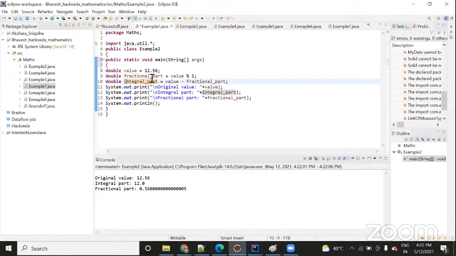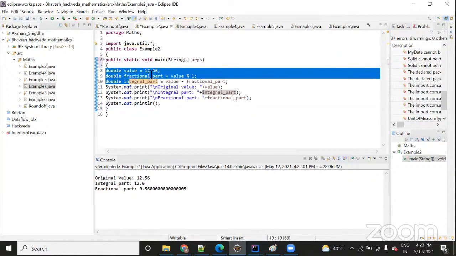If you are using integer here, then it might give an error or ask you to do the typecasting. So try to prefer the same data type if you are working on double type of data.